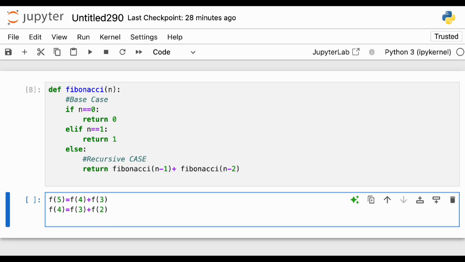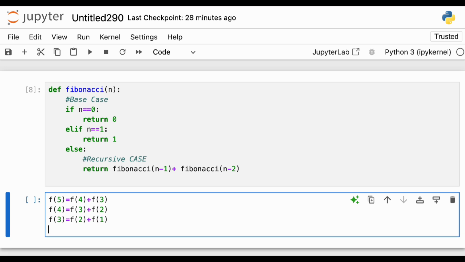And f of 3 will be equal to f of 2 plus f of 1, correct? And what will be f of 2? F of 2 will be equal to f of 1 plus f of 0, right?